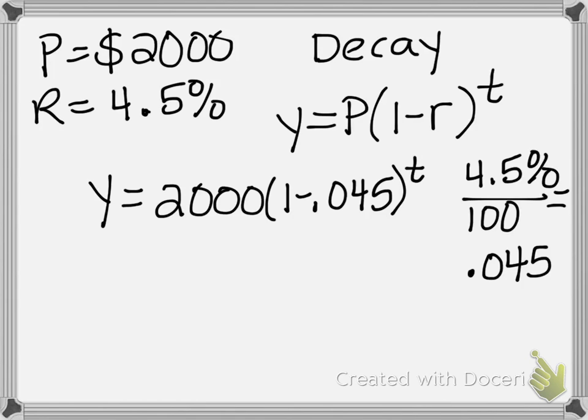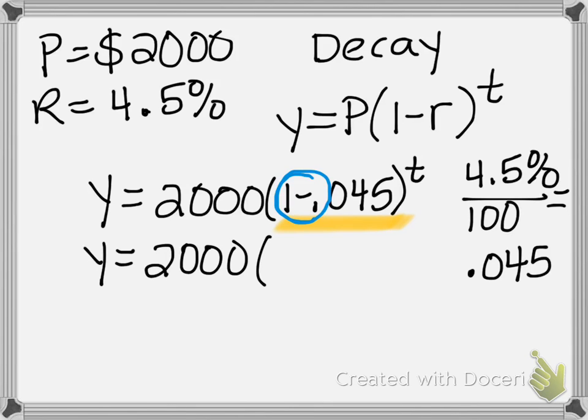Okay, so we are going to calculate this base. And again, we are making sure that we are looking closely, because this should be subtraction, 1 minus. When I subtract this, it should be less than 1, because we are subtracting it from 1. So this is going to turn into